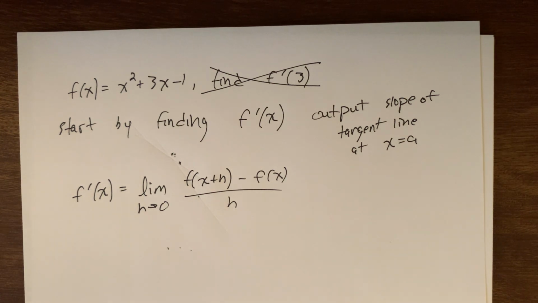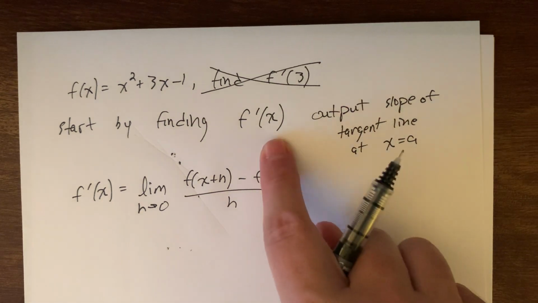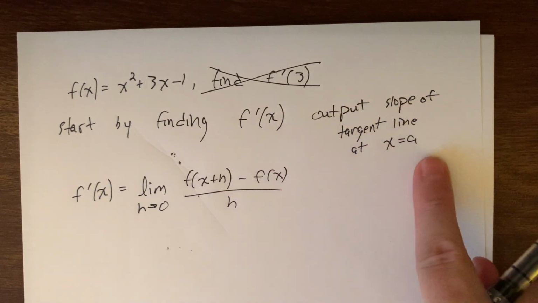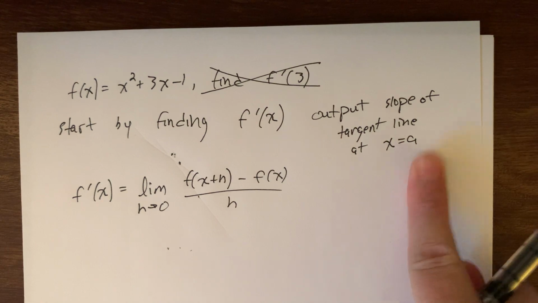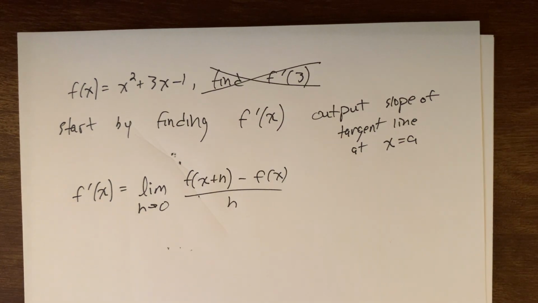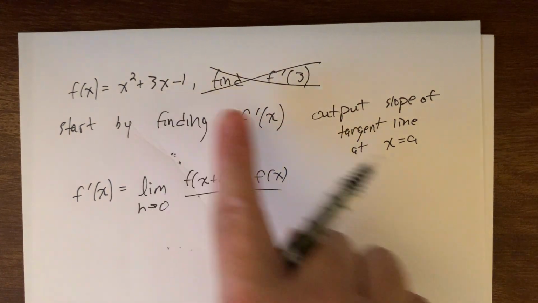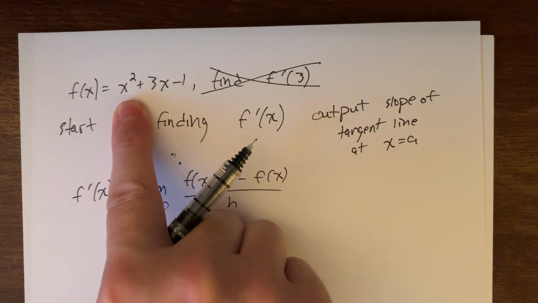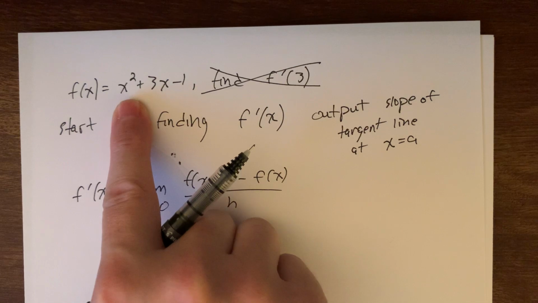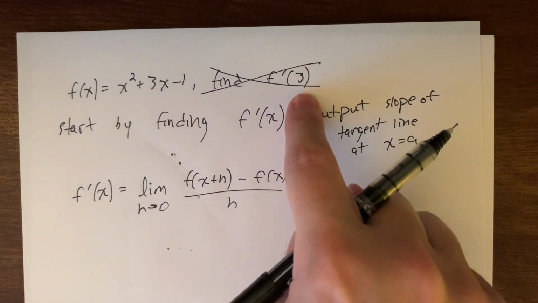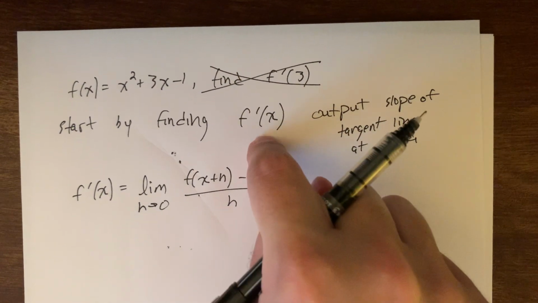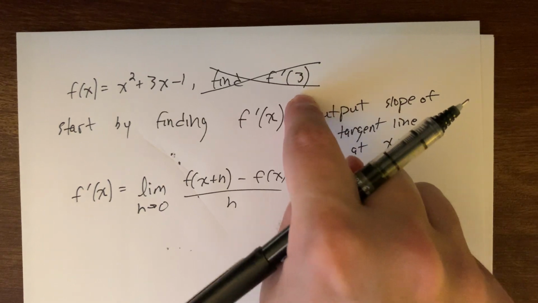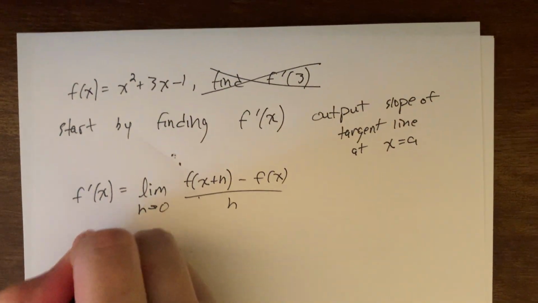And then after the fact, we could use the new function and find the slope at any given a. So if that sounds confusing, just hold on, everybody. Let's find the f prime with this original f. Let's find the derivative function, and then we'll verify what we just did on the other page and also come back and realize how this will be more helpful than just this. So f prime of x,